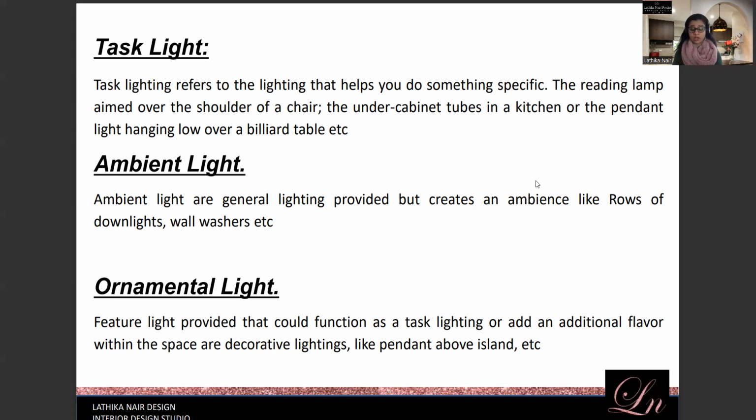Say, for example, you want to have a family sitting together around the island bench having a quiet dinner. That light is more than enough for that task. So it serves the purpose of dining together as well. So ornament lights are those kind of lights. Of course, some are just extra because they are placed for ornamental purposes, but they do double up, because even when you have an ornament light, it will provide that extra lighting to enhance your space. So those are ornament lights.